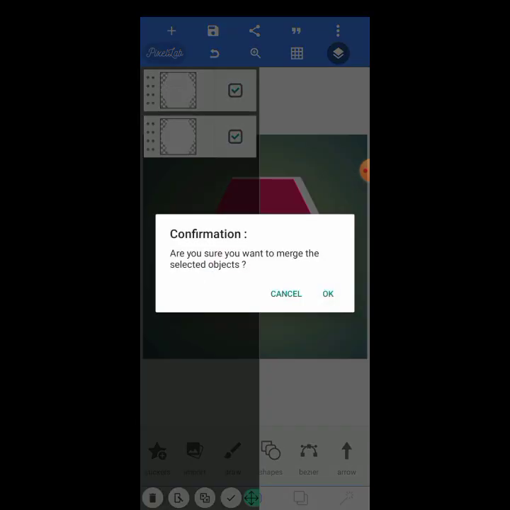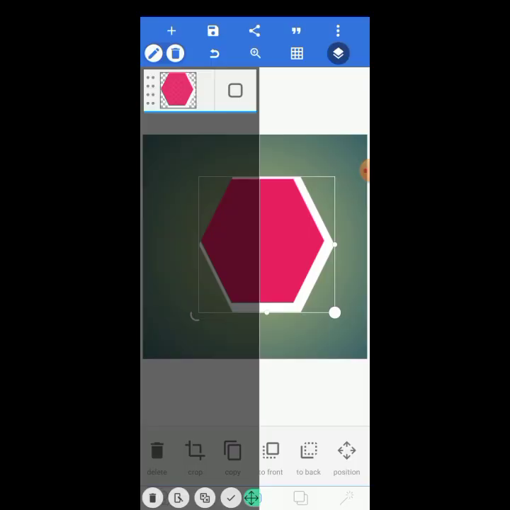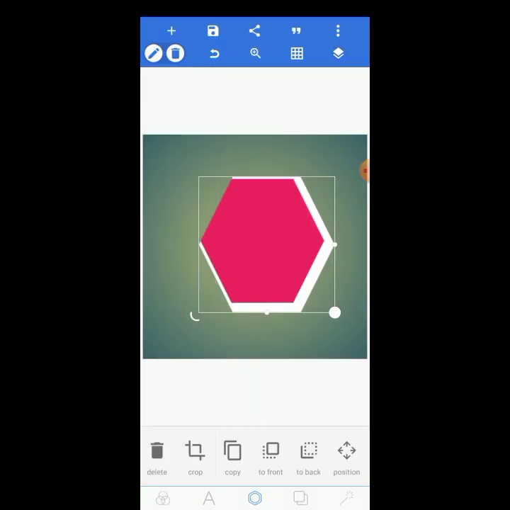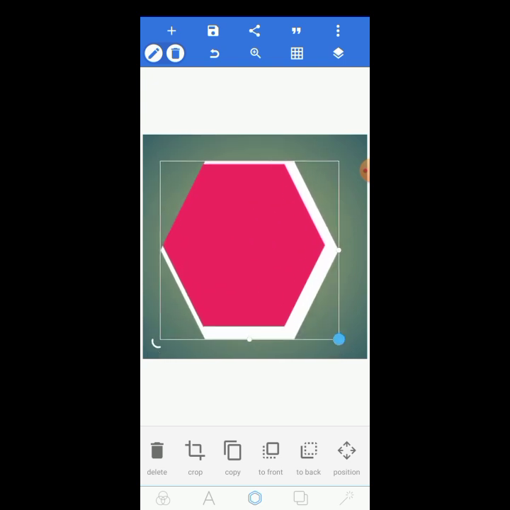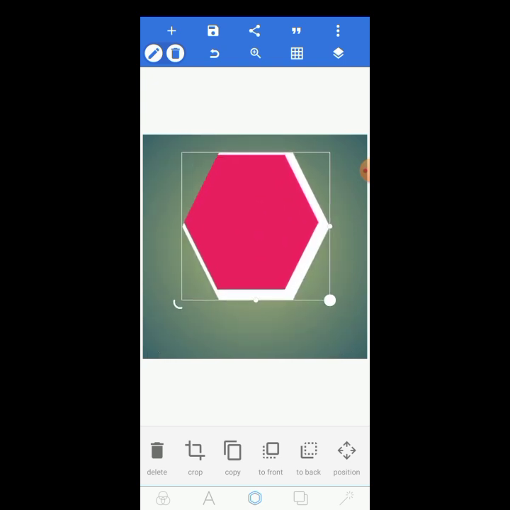As you can see, it asks, are you sure you want to merge the selected objects? Click OK. This object has been selected. As you can see, it's not different again. It has been selected. It's now one. Now what I have to do to get